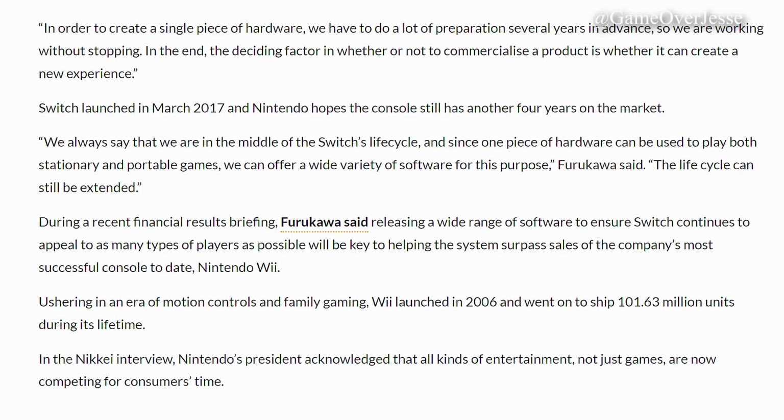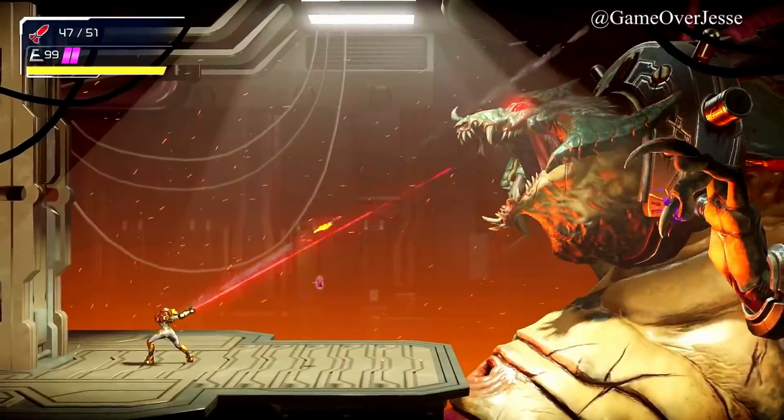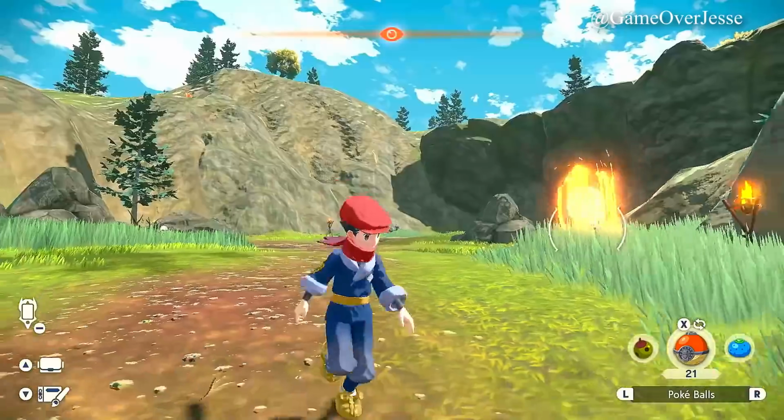In order to create a single piece of hardware, we have to do a lot of preparation several years in advance, so we are working without stopping. In the end, the deciding factor in whether or not to commercialize a product is whether it can create a new experience. So, first off, some of this is things that we already knew with just a touch of common